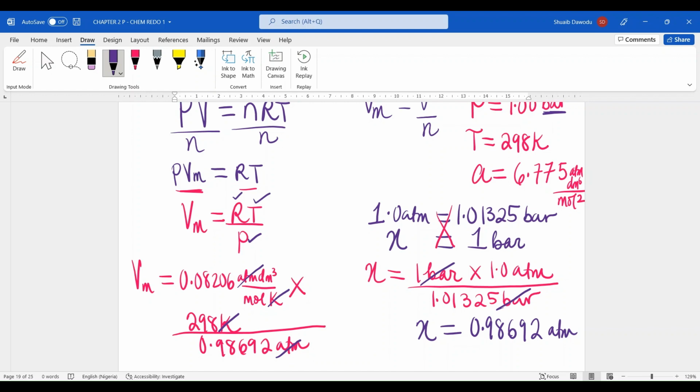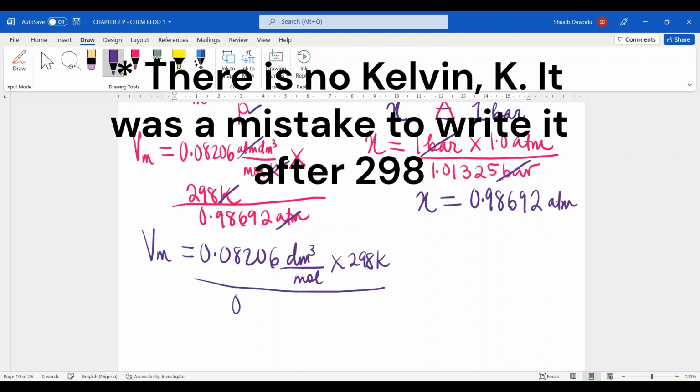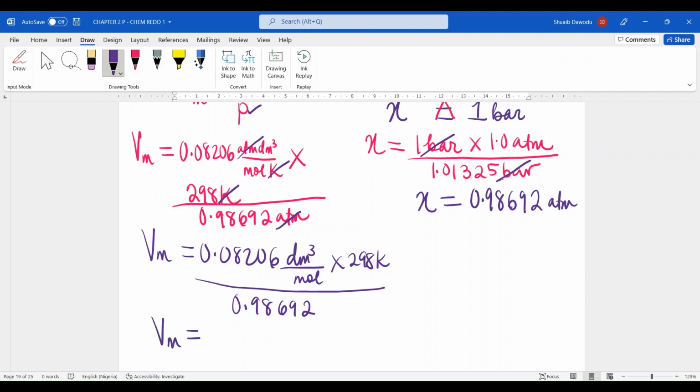So what we end up with is just dm per mole, which makes sense because we're dealing with molar volume. So Vm is just going to be 0.08206 dm per mole times 298 Kelvin divided by 0.98692. So molar volume is just simply going to be 24.77798